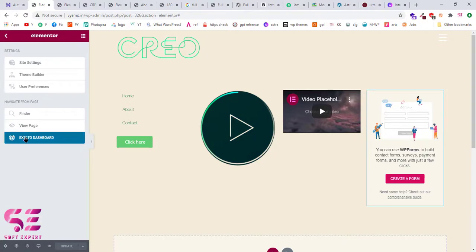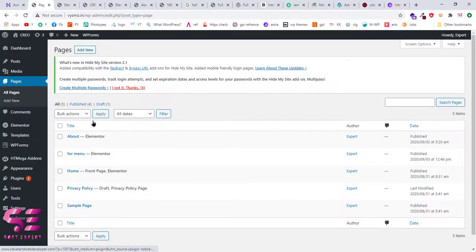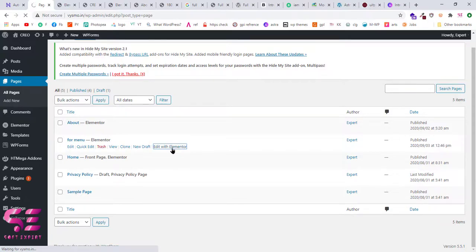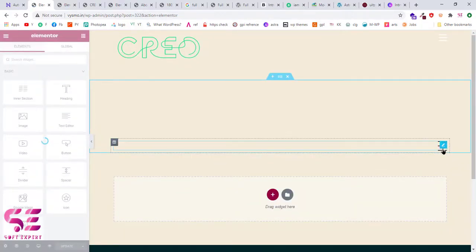So go back to your dashboard and the page we just created. Edit this. Here is our menu. You can change the look of this hamburger also.